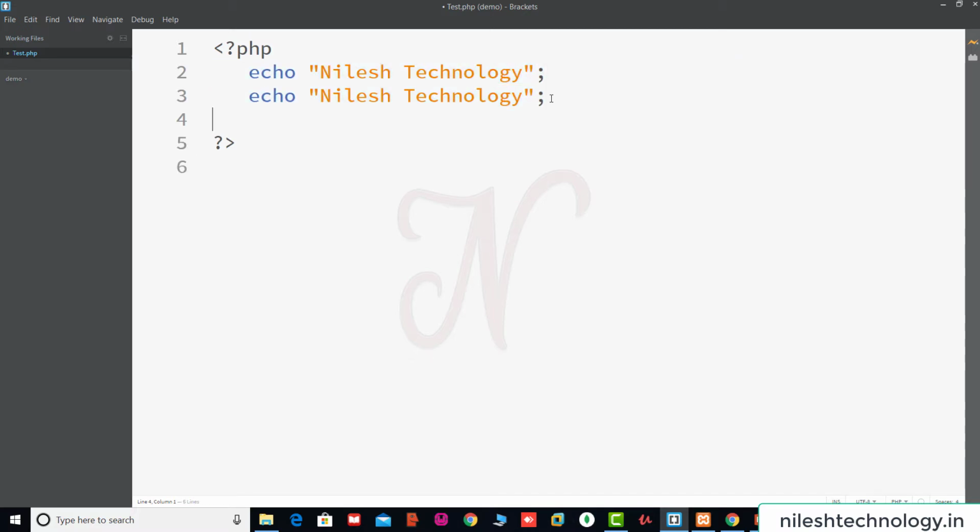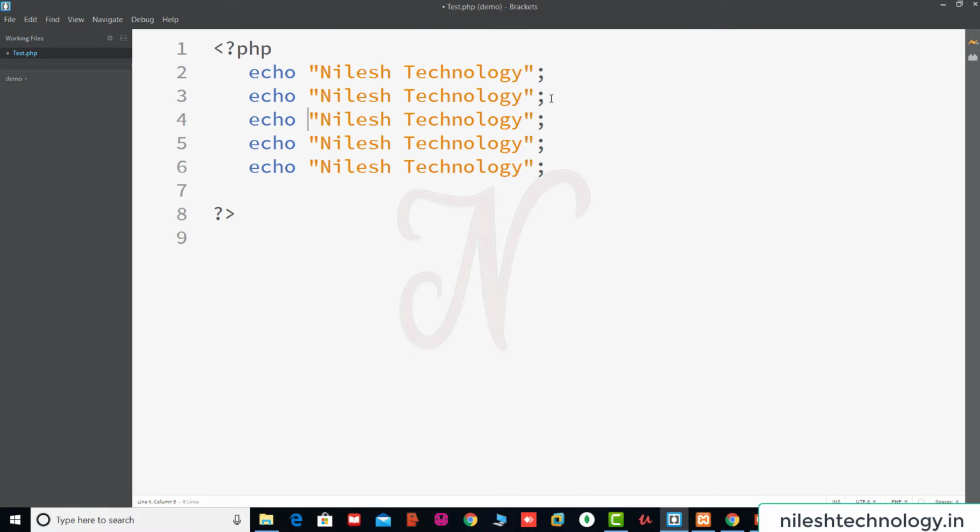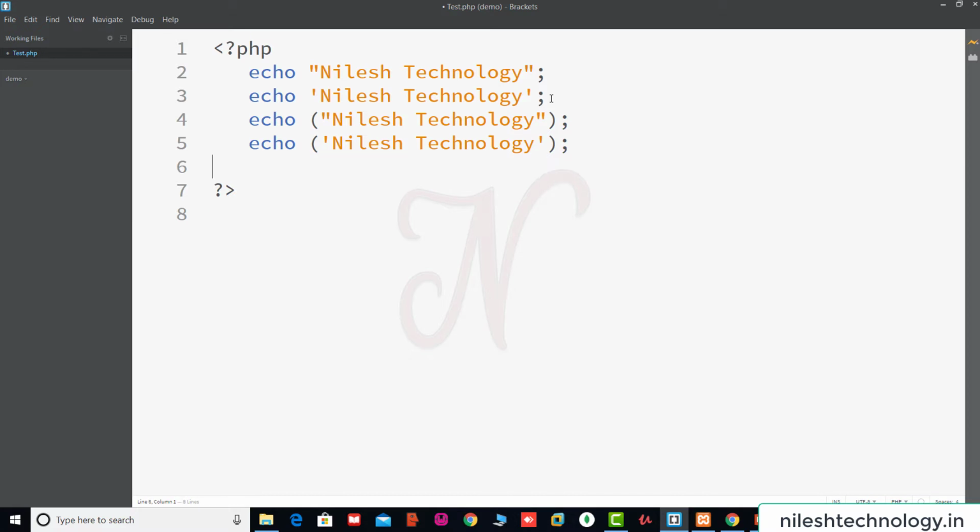Same here, if you use echo, Nilesh Technology in single quotes, okay, there is no issue. Then for example you add parentheses, there is no issue. Same with parentheses and single quotes. So first we test these four statements.